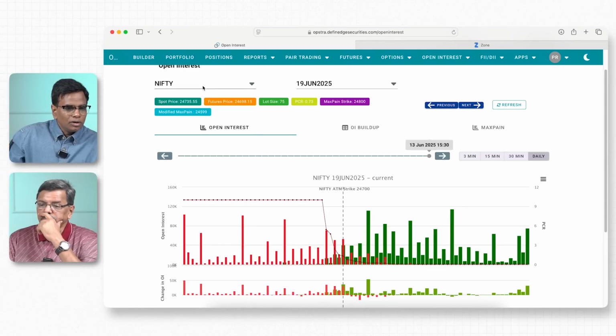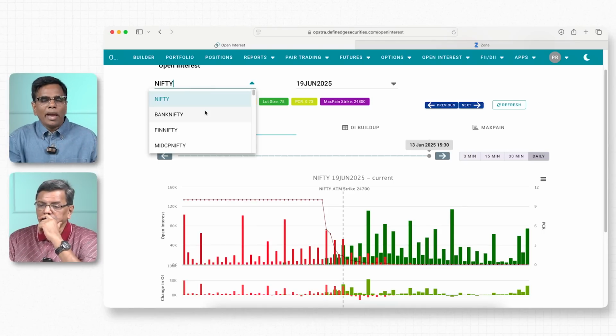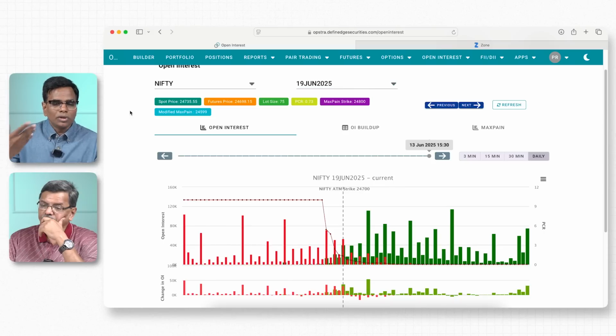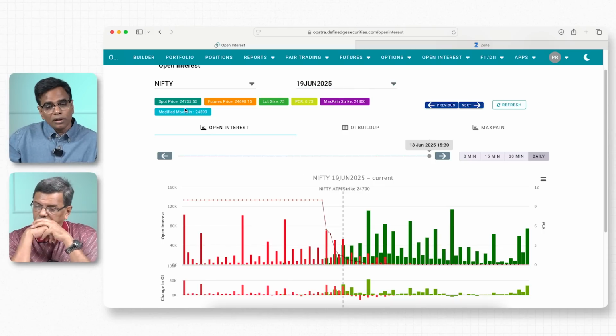As you can see here, if you want to look at Bank Nifty or Reliance, you can change the ticker. And if you want to see the open interest for monthly expiry or weekly expiry, all those things you can change. And another thing is that you can